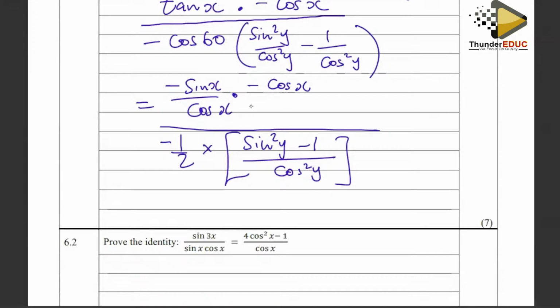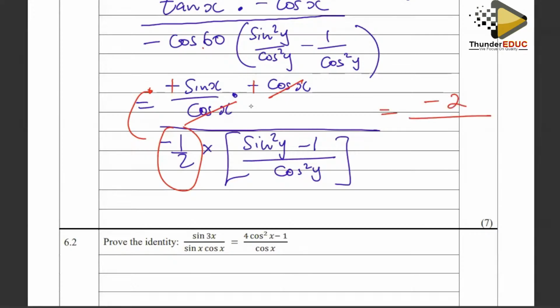Let's cancel out what we need to cancel. So this cancels that. And then what do I see? I can take this negative a half to the top because 1 divided by 0.5 gives me a 2. Okay, so this is a negative and negative is a positive. So this negative is going to stay. So I'll have a negative 2 on top